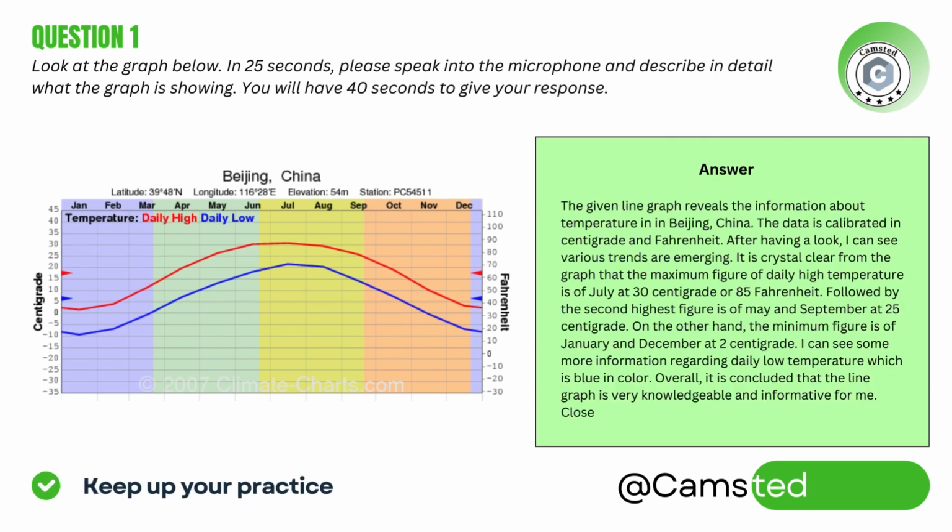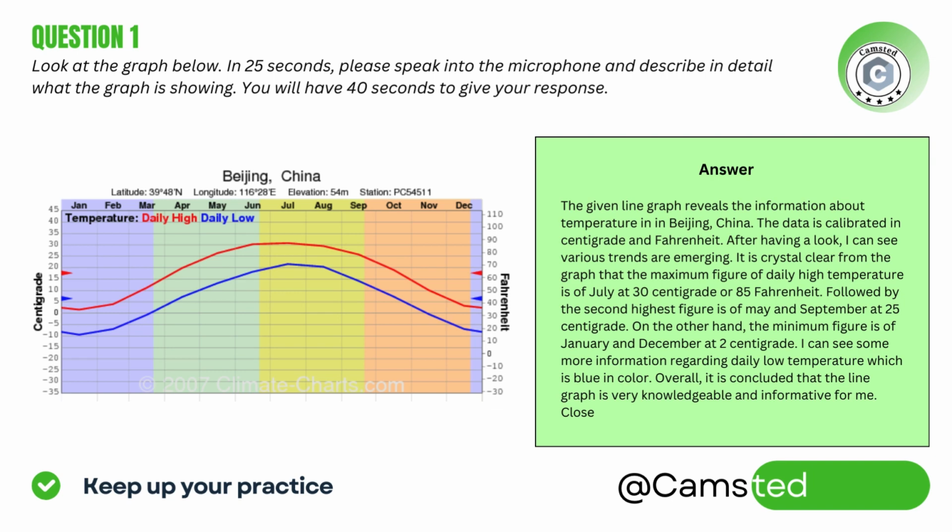The given line graph reveals the information about temperature in Beijing, China. The data is calibrated in centigrade and Fahrenheit. After having a look, I can see various trends are emerging. It is crystal clear from the graph that the maximum figure of daily high temperature is of July at 30